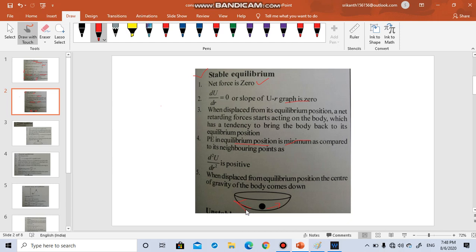In mathematics, du by dr is the first derivative, and d square u by dr square is the second derivative. In my foundation videos also, maybe I have discussed this point. Du by dr is equal to 0, and you again differentiate the function U with respect to r, and let us say you get a positive value for d square u by dr square. This is a pure mathematics concept. So you say that the function has attained the minimum value at that particular point.